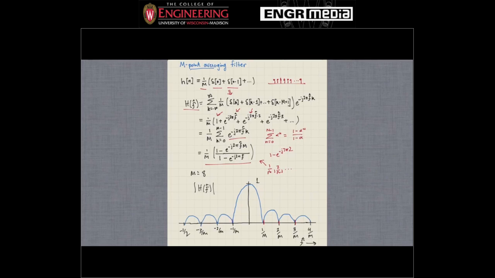But again, this moving average filter is a type of low-pass filter, which we've seen already, in terms of what frequencies get passed. In here, this width is like 2 over M. So the frequencies that get passed depend on the number of points in our moving average filter. Okay, so this is a low-pass filter, and the frequencies that get passed depend on the particular value of M, which is the number of coefficients in the M-point moving